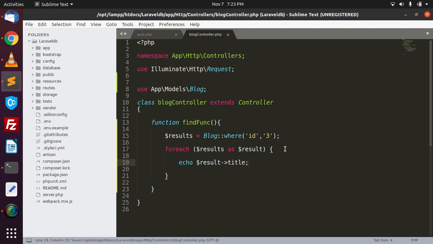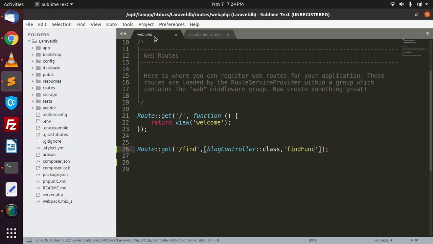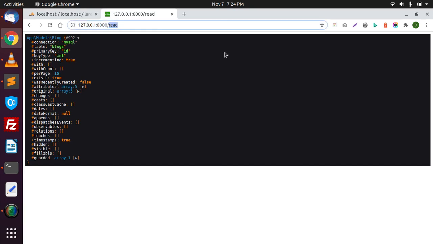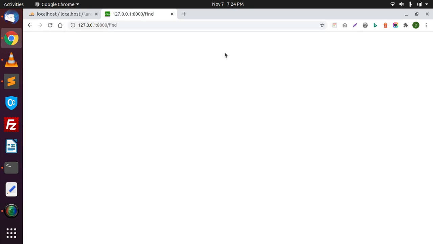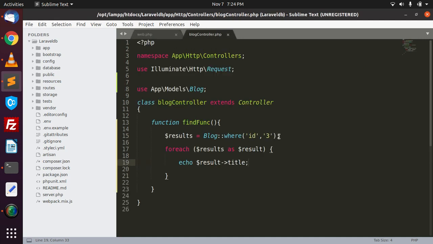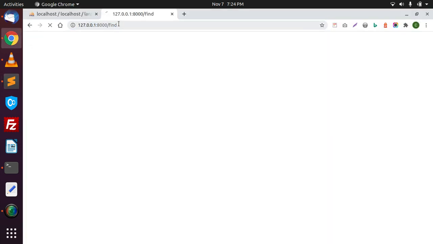Now if I save this and copy this URL from here and go to the browser and refresh the page, here you can see nothing, because we have to use the get method here. Get, and if I save this, now it will show the data.